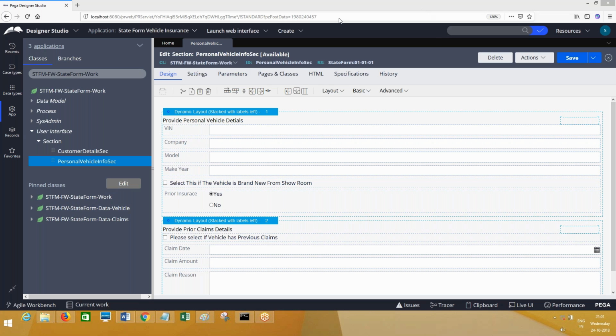New properties, he is asking about. We will see. We have added new properties into the existing layout only. Right? You can add.